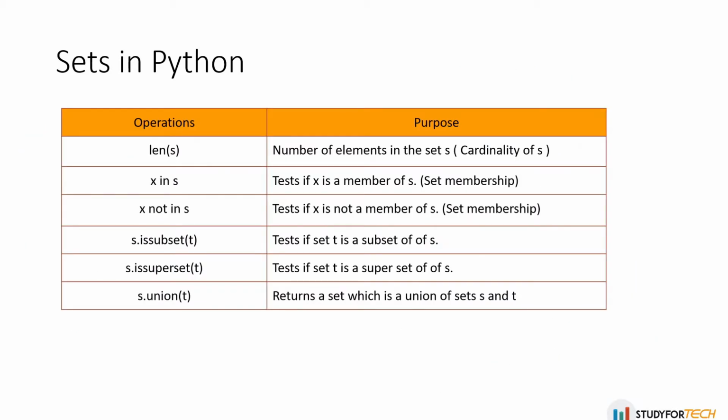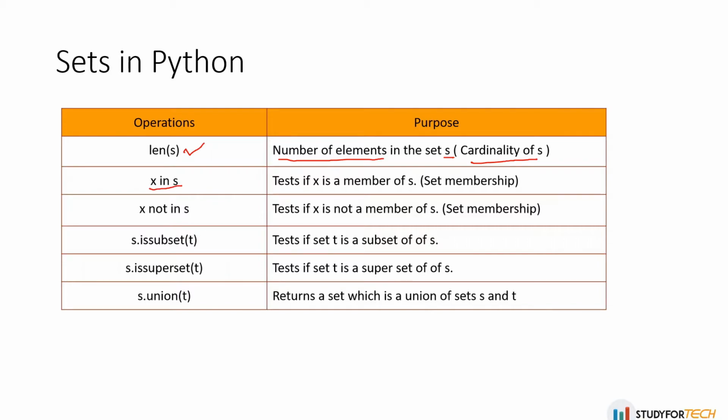These are the operations in set you can see here. These are a few operations, not all; you can go and see the Python documentation, where you will get all the operations. These are the regular operations which we use generally and very frequently. This is the length of a set. It will return the number of elements in the set S, the cardinality of S, which we will see in the demo.